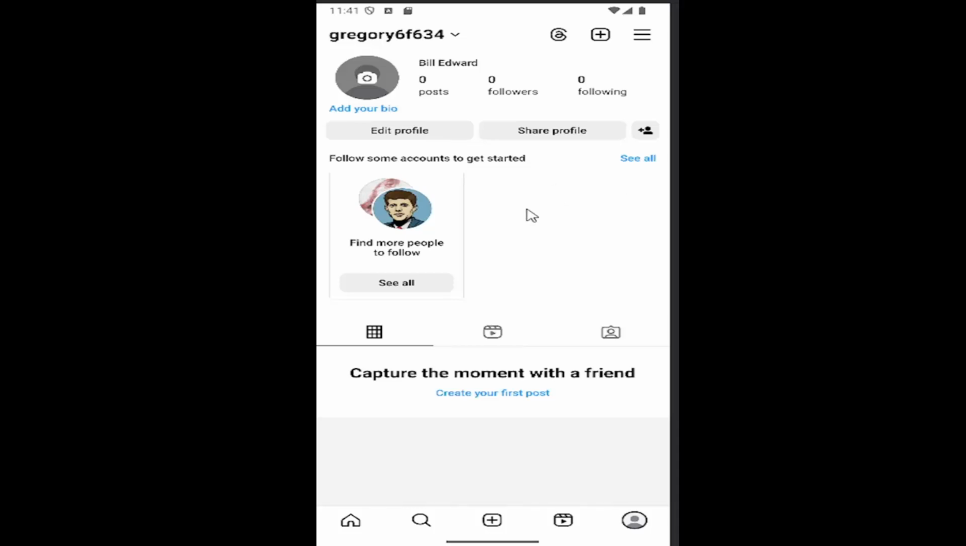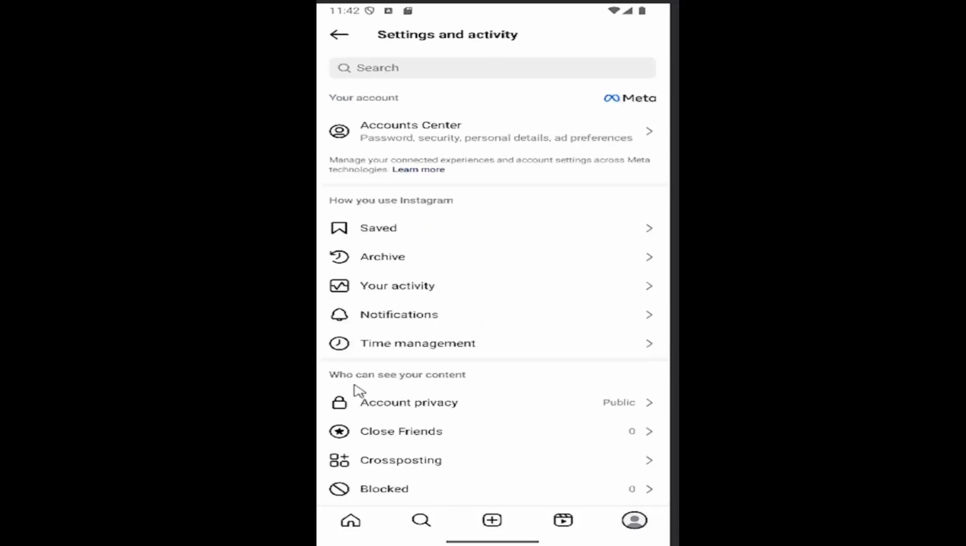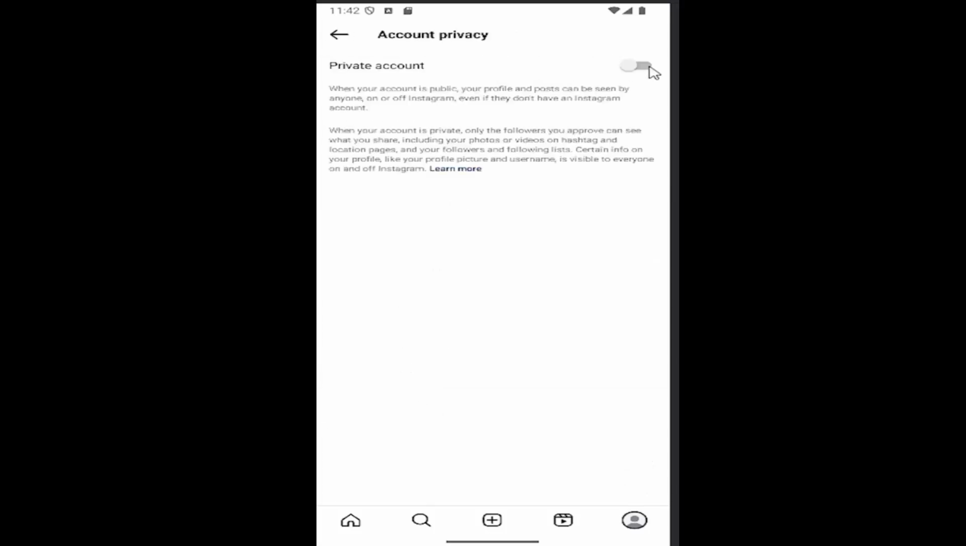So all you have to do is sign into your Instagram account and select your profile icon in the bottom right corner. Once you are signed in and have your profile page up, select the hamburger icon at the top right. Underneath where it says who can see your content, account privacy, go ahead and select that. And then if you want to make your account private, you can toggle this to the right, turning it on,